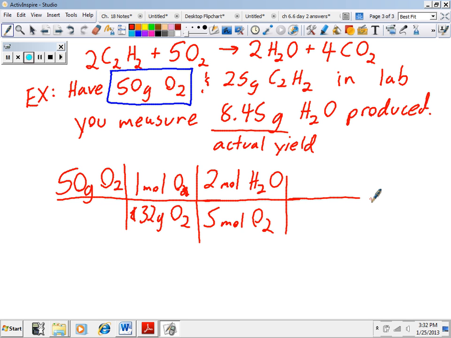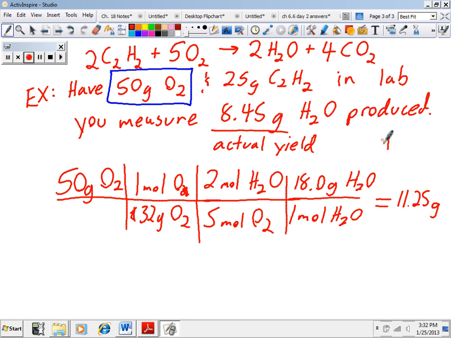And finally, we want a mass of H2O because we were given a mass of H2O as our actual yield. So 1 mole of H2O is 18.0 grams of H2O. And we do the calculation, and remembering from last time that it was 11.25 grams of H2O. This now is our theoretical yield